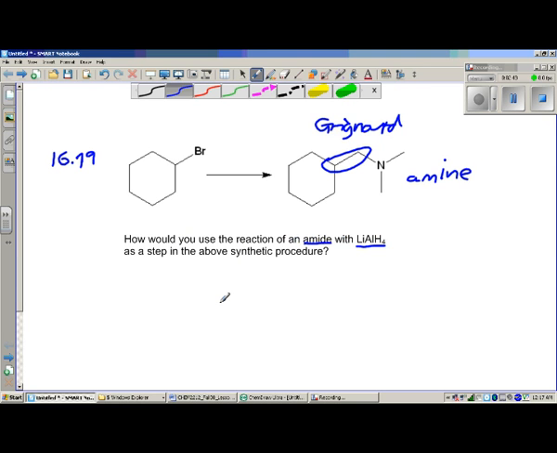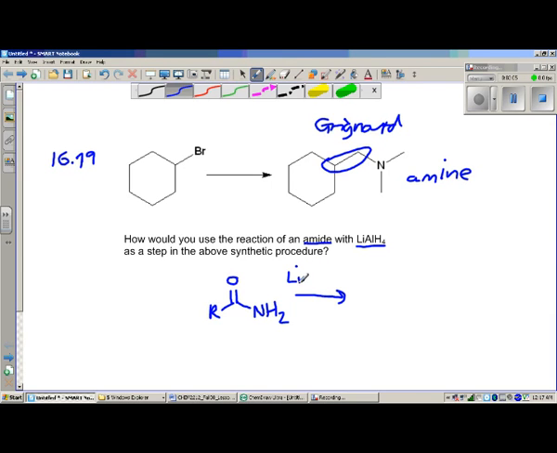So, in other words, the reduction of something that looks like this. So here is my amide, and if you add lithium,